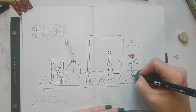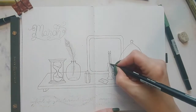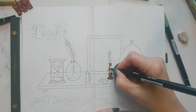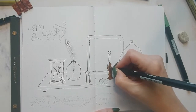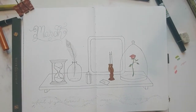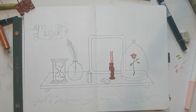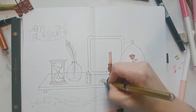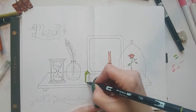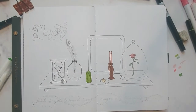So as you can see, I have this little piece of paper on the side right there because, like I said, I was out of commission for a full week. I couldn't draw or paint or do anything because I was in so much pain because of my shoulder. So normally I have colors picked out before I start, and I couldn't do that. So I had a basic idea of what I wanted to do and which colors I wanted to use, but this is me on the side, just, you know,